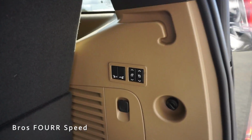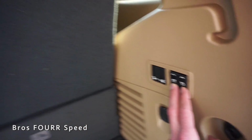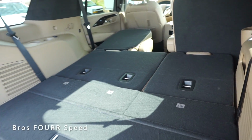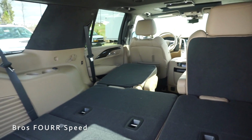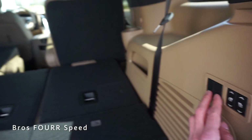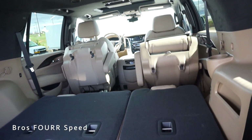And then on the right side, we have all the power controls for these seats. So pressing these ones right here, if we hold these down, these seats are going to fold down automatically and get right out of the way. They'll lock into place, and you can see with that seat down how much space we have with nice flat storage. And then taking a look at these buttons right here, if you just double tap them, the seats will go down, and then you double tap them again, the seat will go all the way up,